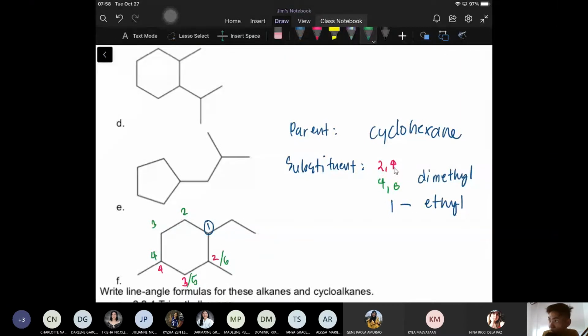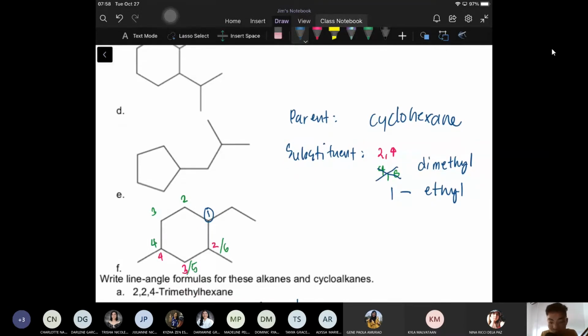Is it the 2, 4, clockwise, or the counterclockwise, 4, 6, no? So we will still choose kung sino yung lowest number combination. So it is always the lowest number combination, no? So hindi itong 4 and 6, rather we will choose 2 and 4 as the substituent numbers kasi yung lowest